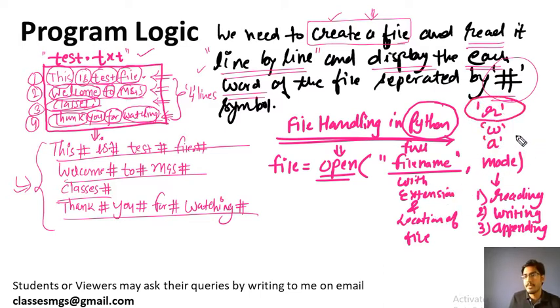And there is another symbol that comes for text purposes. If you are opening this file and reading in a text format, then you pass T, and if you are reading this file in a binary format, like for images and similar files, you use the B format. You need not worry about this, because by default the file mode of opening will be text only, so you need not write it manually like we are doing here.